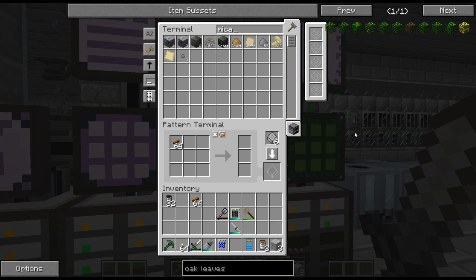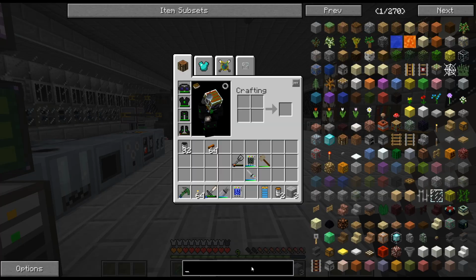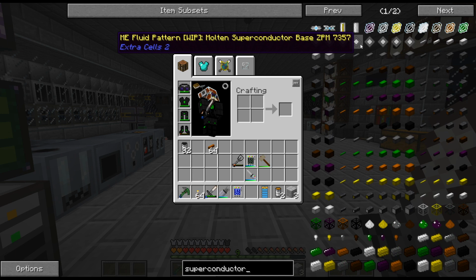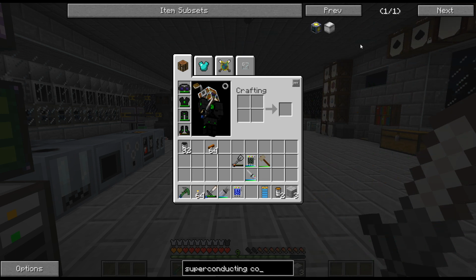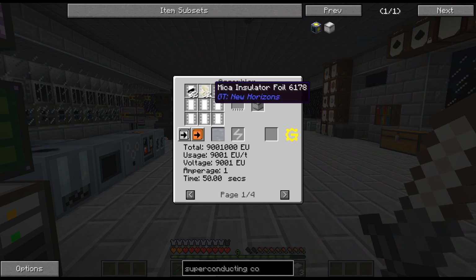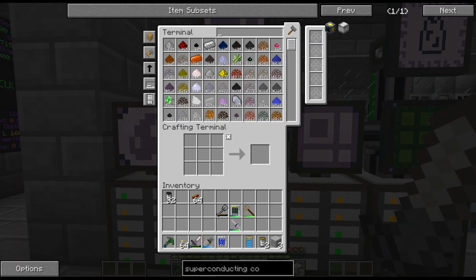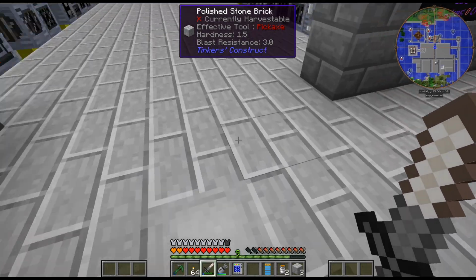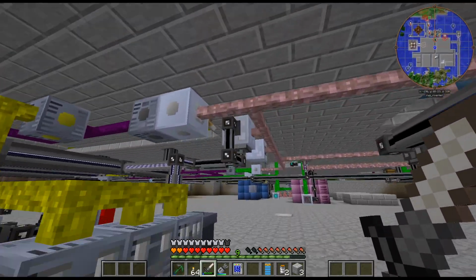Is it mica? I'm trying to remember. Oh, it's mica, right? That's what I want. Coils, yeah. Yeah, no, it's more than that. 48? Yeah, 48 mica. I have some. This is one thing I didn't even think about, to be honest. So I think it'll be easier if we just do that for the recipes, and then...